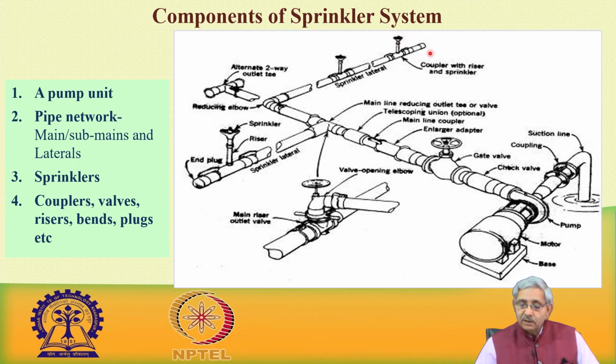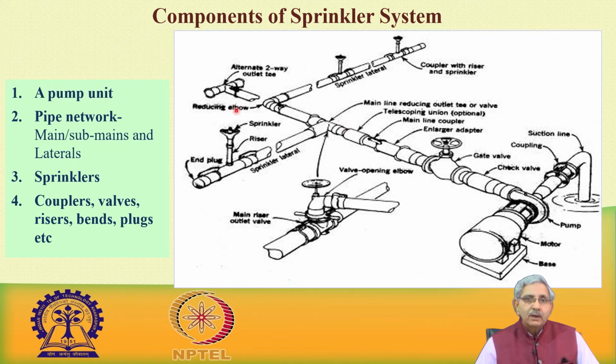And then at the end of the lateral pipeline, there is an end plug, and the water goes in the line, and it can be made in both the sides. So, the water can be supplied on both sides. The line can be terminated depending on the requirement, or water can be diverted in one direction, or in the other direction, or both the directions. So, this will depend upon the requirement.